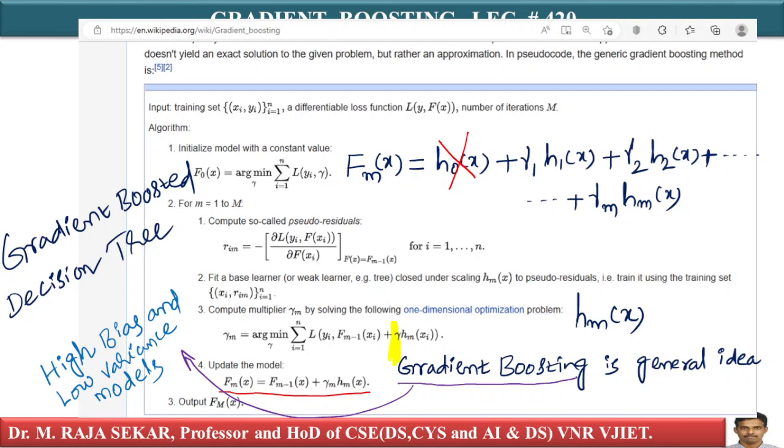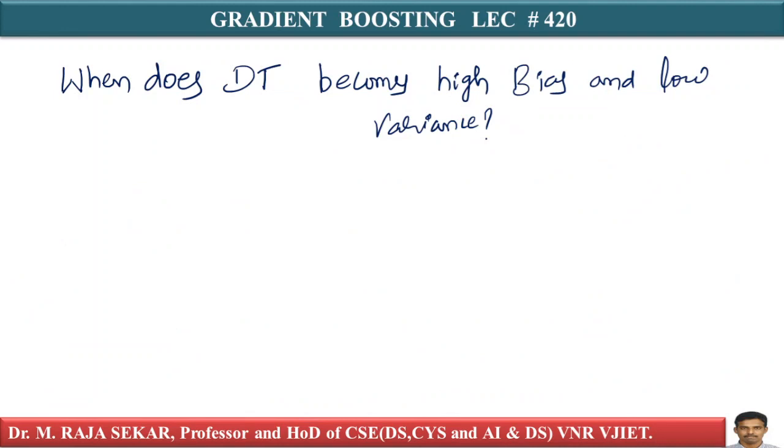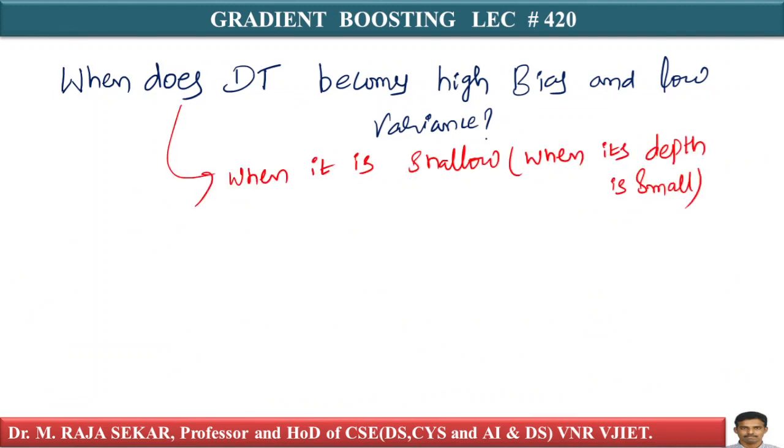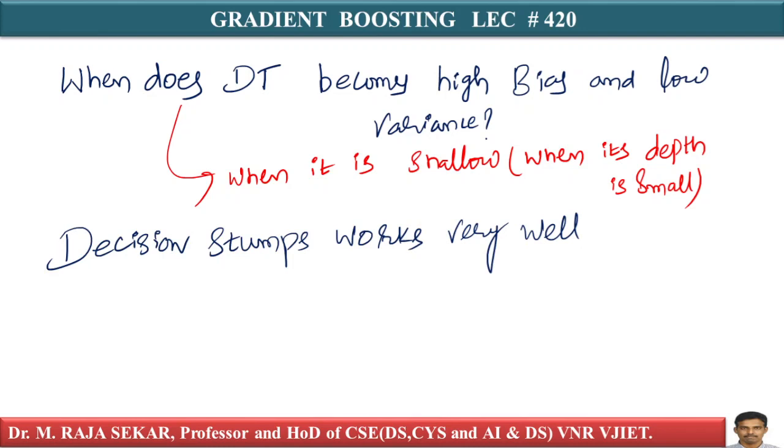When does a decision tree become high bias and low variance? When it is shallow, when its depth is small. So in GBDT, gradient boosted decision tree, we do the same thing as this, except